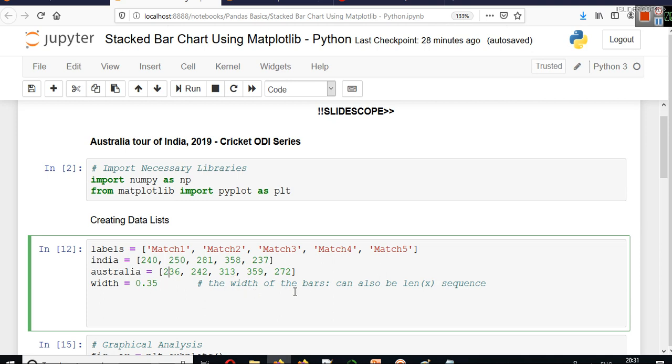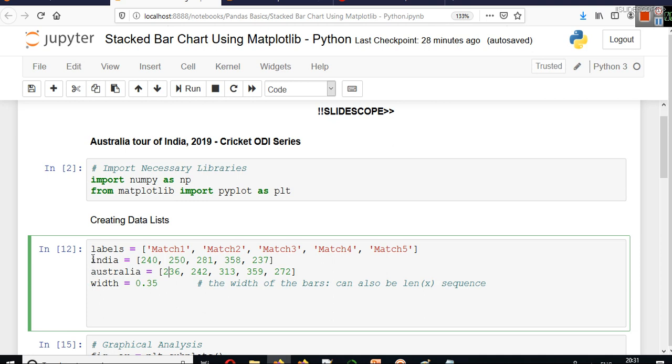Now the width of the bars that we want to plot in the graph, we will take it as 0.35, and before this we have to import the necessary libraries. So first import numpy as np, then we have to import the pyplot library from matplotlib as plt, because using this pyplot library only we will plot the graph here.